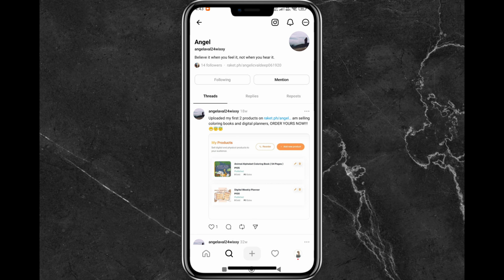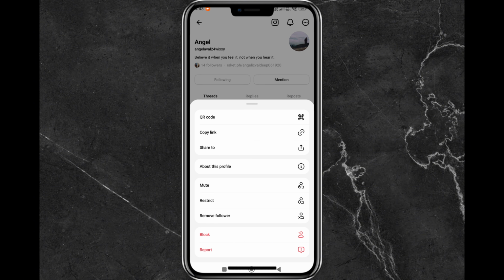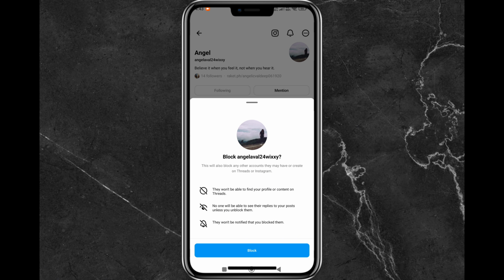So for you to block an account, all you need to do is to go to their account, and then once you're on the account, tap on these three dots, and then a pop-up menu will show you this block option. All you need to do is to tap on this one, and then in here,